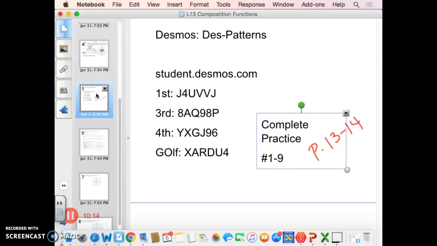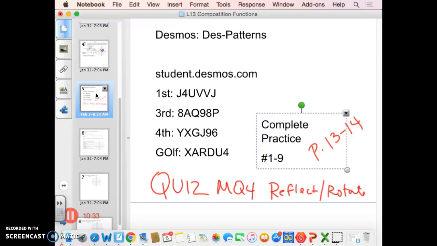And you're also going to have a quiz on Monday. So your quiz, it's Mastery Quiz 4, is going to be on your reflect, rotate, and translate rules. Very similar to the practice problems you did in